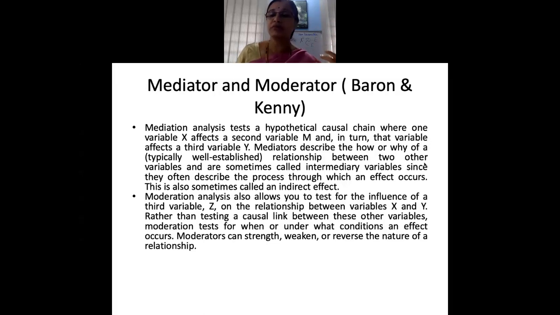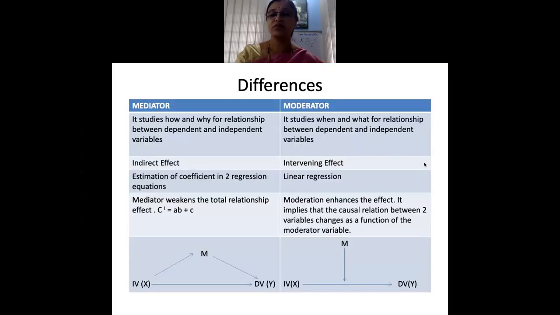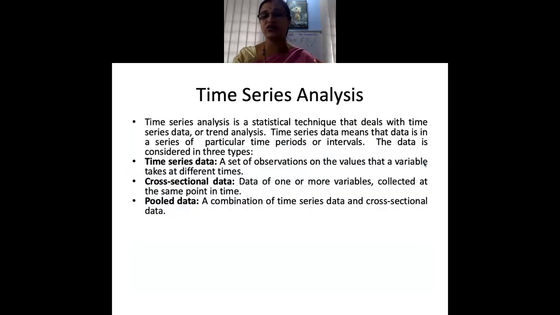So 2 to 3 papers, as I told you, please keep it as the basis for writing your particular analysis and interpretation. This is something that is very important. Of course, at the end, I've just given what is the difference between the mediator and a moderator. Usually moderators are used as control variables, and mediators again to show the direct and the indirect effect. So if anybody wants to take up studies, again, I told you further, you can read on Barron and Kenny.